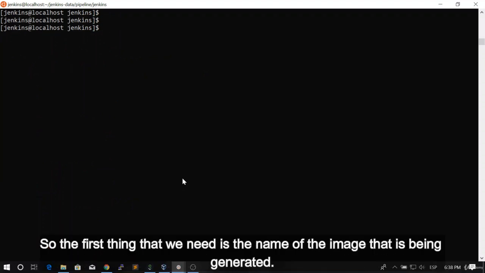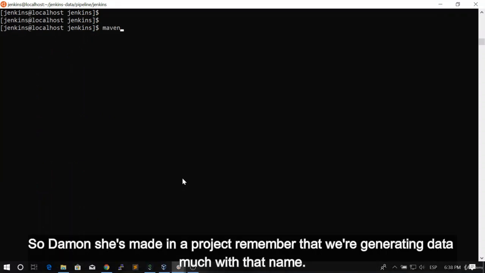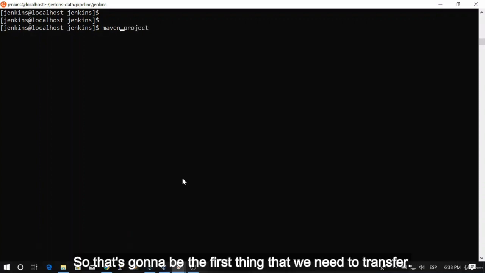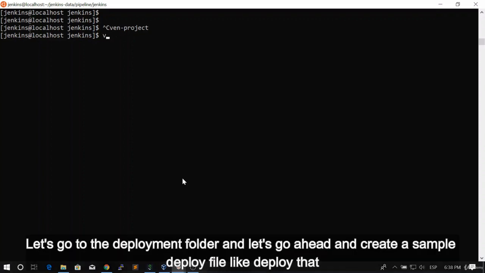The first thing that we need is the name of the image that is being generated, right? So the image is Maven project. Remember that we're generating the image with that name. So that's going to be the first thing that we need to transfer. So let's create a sample. Let's go to the deployment folder and let's go ahead and create a sample deploy file like